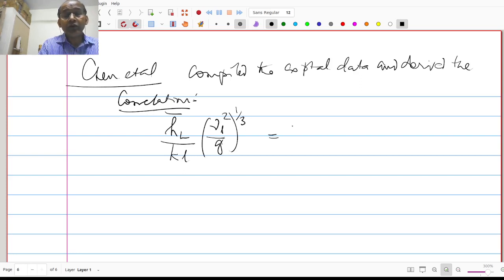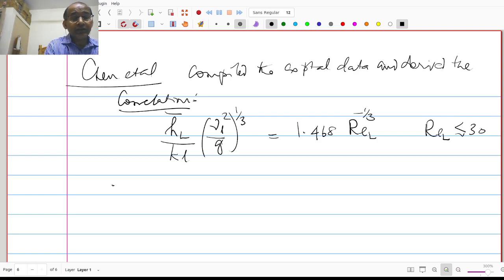This is equal to 1.468 multiplied by Re_L to the power of minus 1 by 3 for the laminar films, which is Re_L less than about 30. Okay, and this is also equal to, so the same expression,